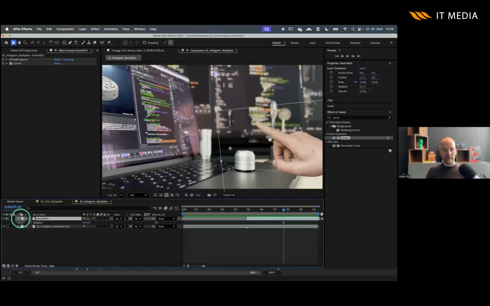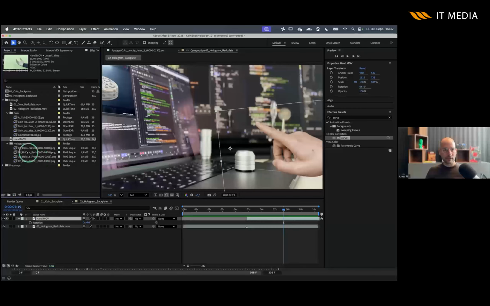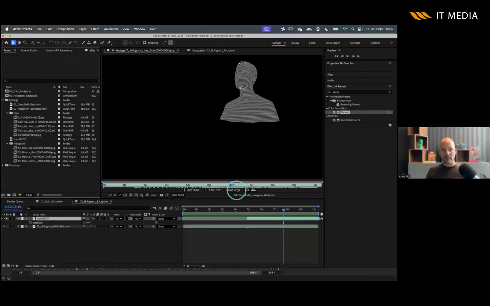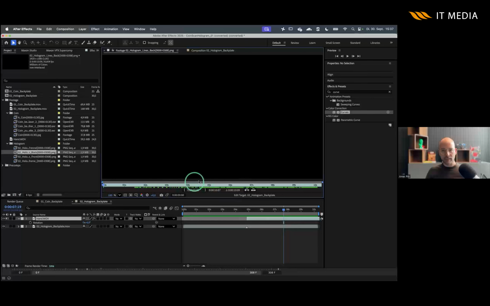And in here, let me go to my project tab. There we go. And here you can see the footage that I rendered. Okay, so this is the Fresnel. This is the lines front, and this is the lines back. Here we go, lines back. Okay, and when I combine these, this is looking